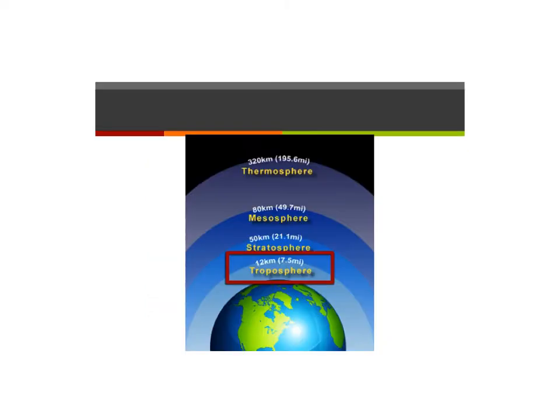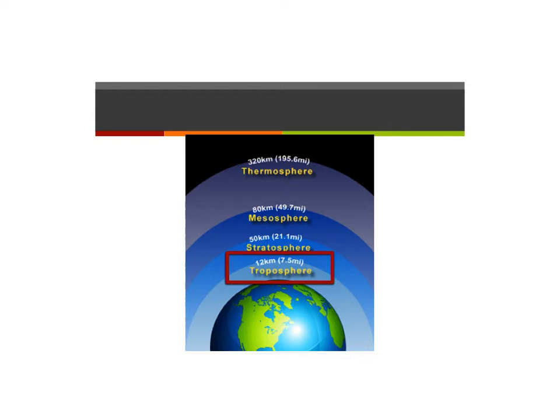So starting with the troposphere, I know that in science class we typically will use the metric system to talk about different measurements like length and mass, and we're still using that today, but I wanted to also include this picture that helps us understand what it means when we say a certain amount of kilometers, because I know it's hard for me to remember sometimes too. So starting with the troposphere, that is the sphere that we live in, that we are interacting with one-on-one, and this extends up to 12 kilometers on average above Earth, and that is the same thing as saying 7.5 miles. So hopefully that can help you understand a little bit better how high off the ground this is extending out